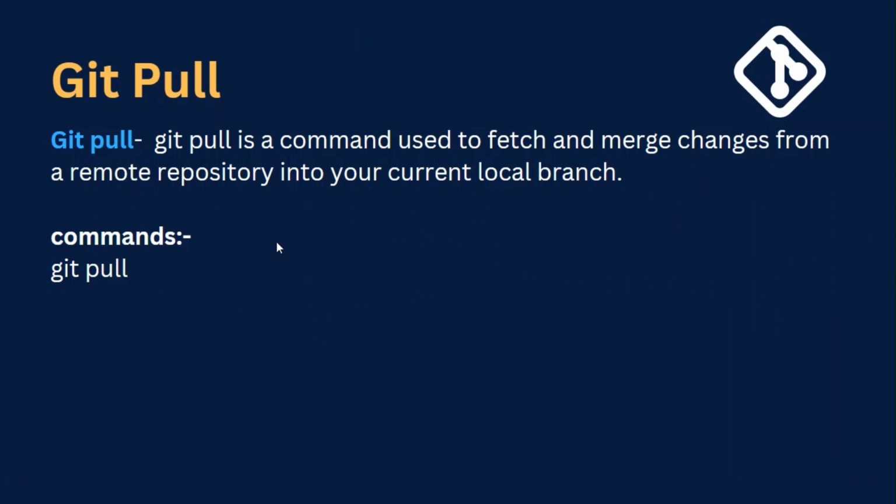For example, you and your friend are working on the same project. So you are working on some files, and your friend is working on some files. Your friend also pushed the code files to the GitHub repository. In your local, you have edited files, but you need your friend's files also. What can you do? You can just run the command git pull. Whatever is there in the GitHub code will be fetched as the latest code in your local.